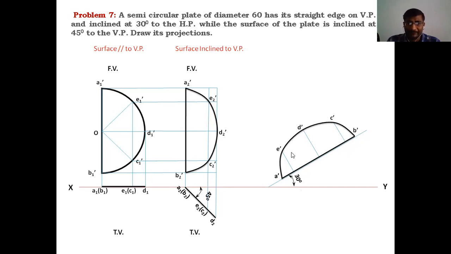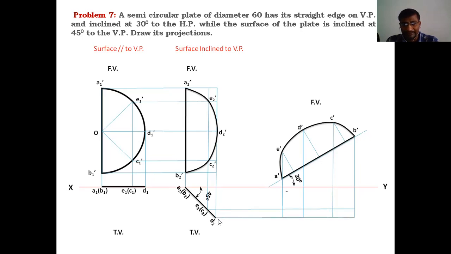After locating the front view points, draw the projection lines from each point. This is the front view. Draw the projection lines from each point, that is from A dash, from B dash, from C dash, from D dash, and from E dash. When we draw the projection from E dash, it will coincide with the A dash; these projection lines are both the same. So after getting the vertical projectors, draw the horizontal projection lines from each point of the second stage top view, like this. After drawing the horizontal projections from each point of the top view, locate the intersection points on the top.